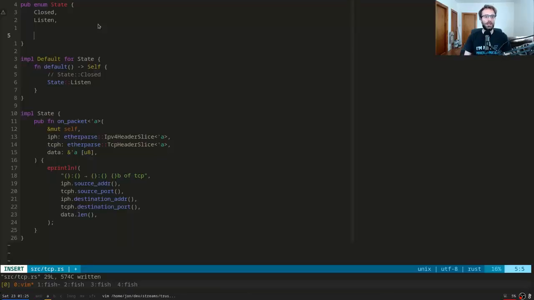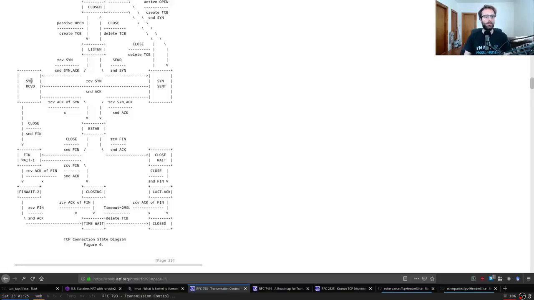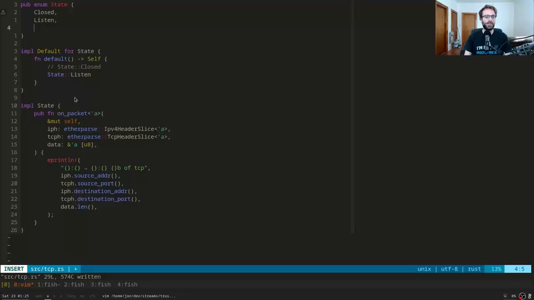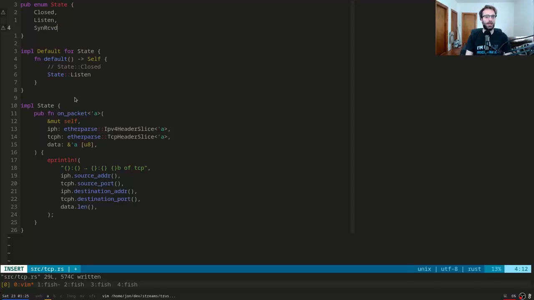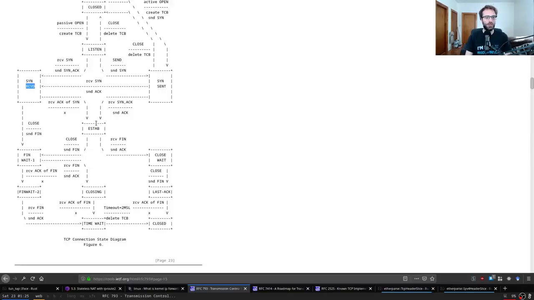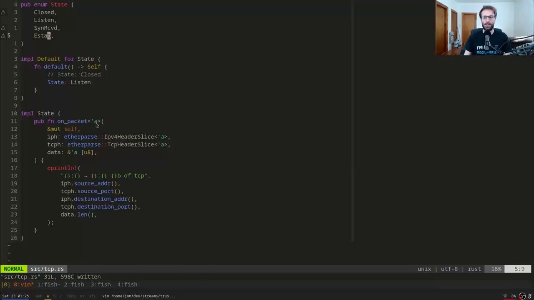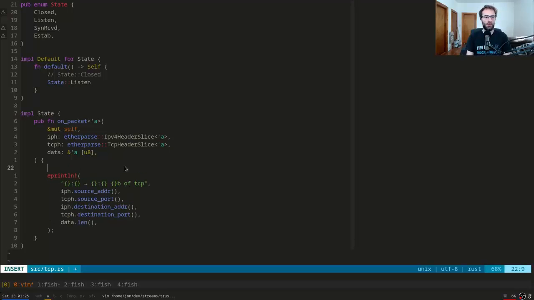The other things we're going to need are SYN received. Let's name these the same as in the diagram. And we're also going to need established. Let's stick with those for now. There's a bunch of state we're going to have to keep for these two, but let's start out in the very simple case of if we receive a packet,